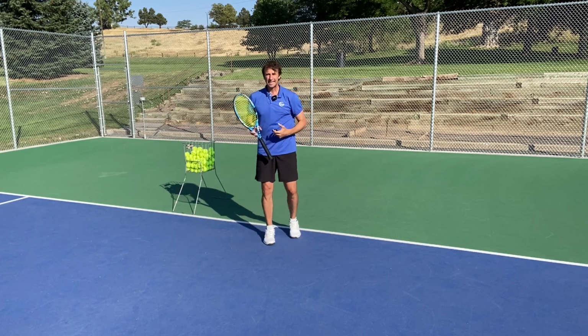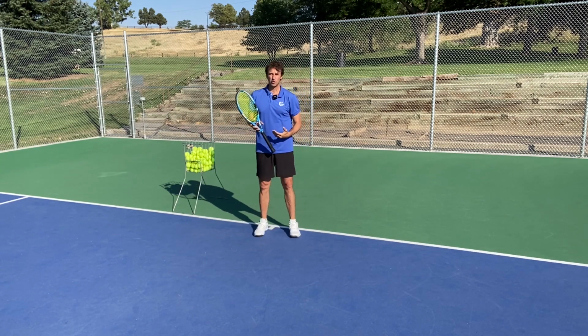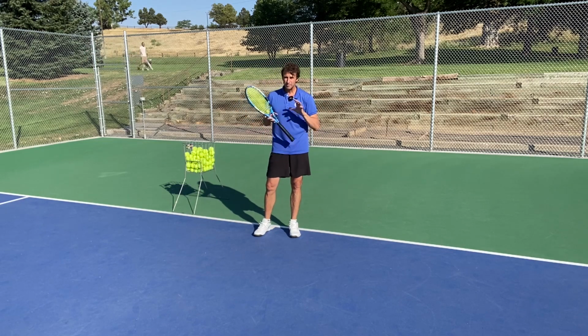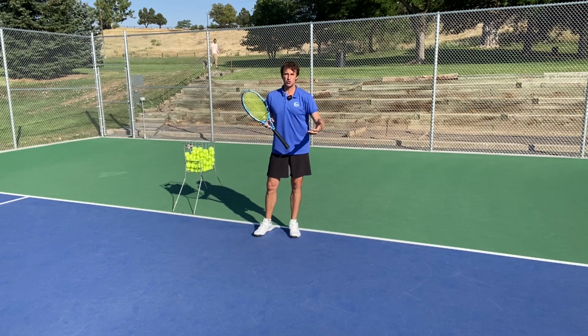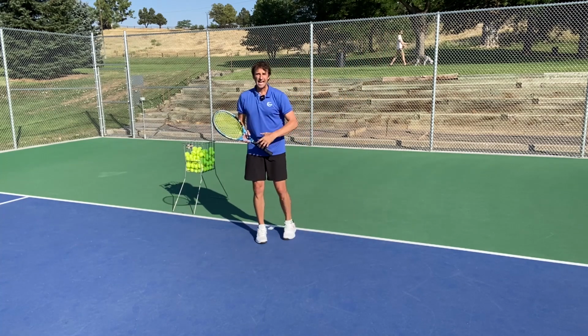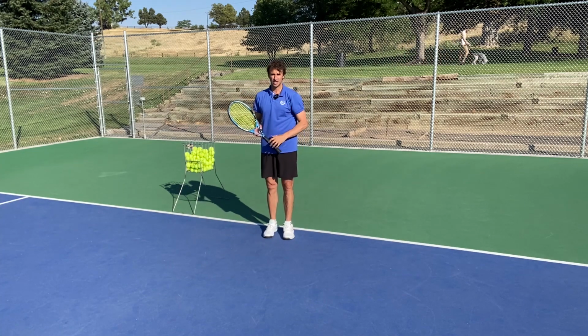Consider putting a video on your slice forehand and studying it and compare it to this lesson. It makes a huge difference if you can actually see what you're doing instead of assuming that you're doing the right thing. So we've gone through the grip. We've gone through the first move. We've gone through the swing path, and we've gone through the finish. Very important to